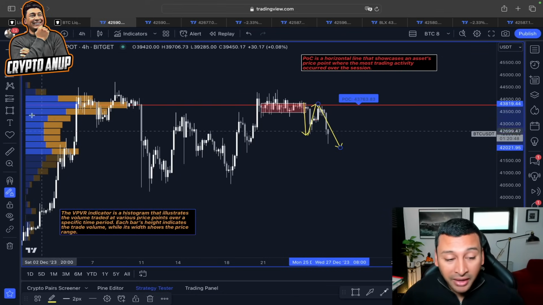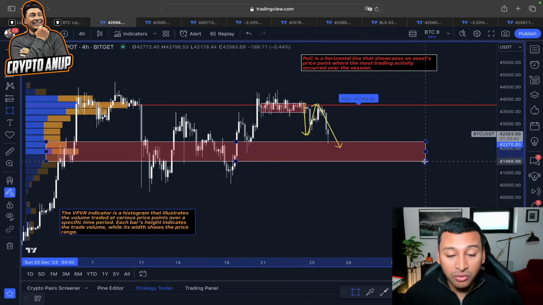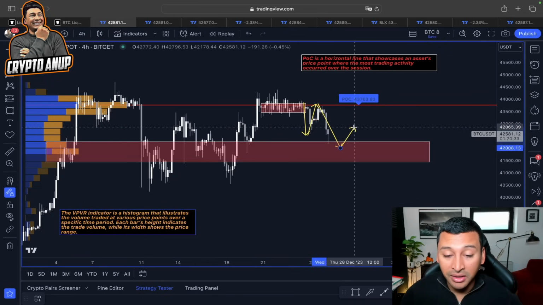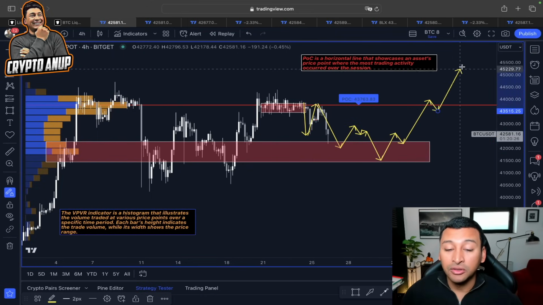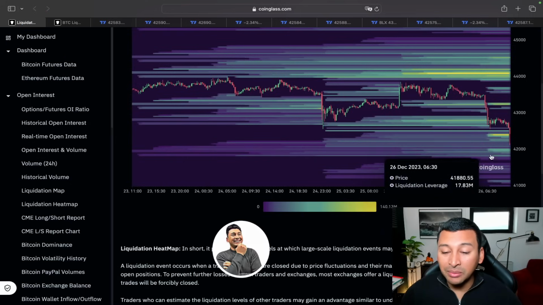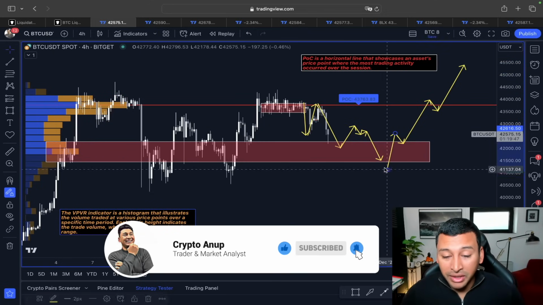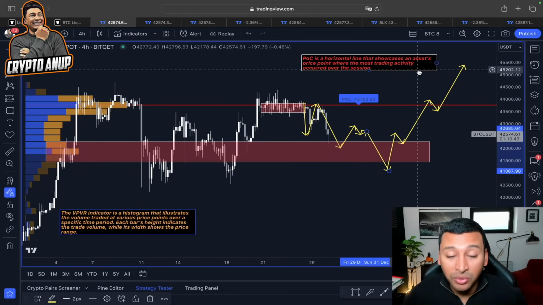That means the next area where we have the most traded volume is somewhere around here. You can see this is exactly where we got attracted. This is exactly where we found support. So it doesn't mean we cannot see another move like this happening, right? Price coming back to test the area one more time and then slowly starting a new move, because I just showed you we still have a few more liquidities available around this 42,000 range. So we could see the price of Bitcoin coming around that area like this, taking out all the liquidity and then starting this new impulsive move.